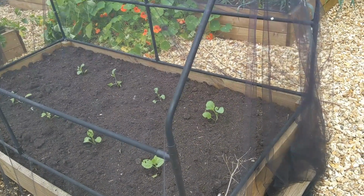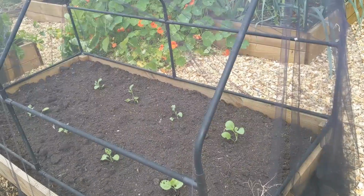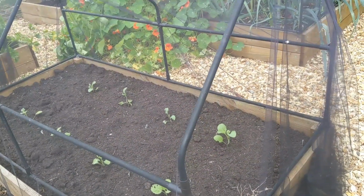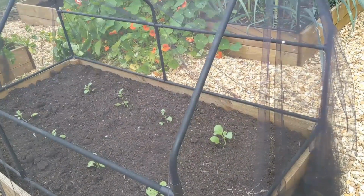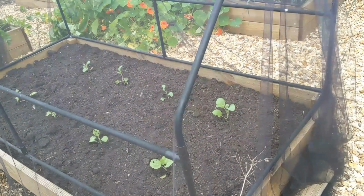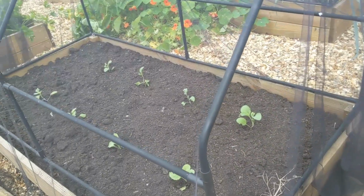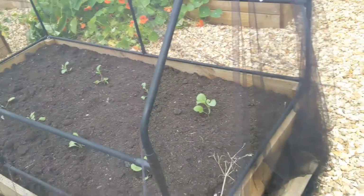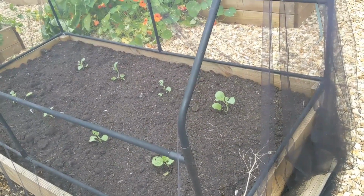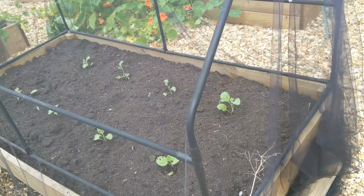So in this little bed we had originally onions which were harvested in June from last year, and then we had peas and bush beans, and that has been cleared up probably a week ago. And then we amended the bed. That's the amendment for the winter until next year. We amend them once a year as per normal rules in no dig. And I've planted some